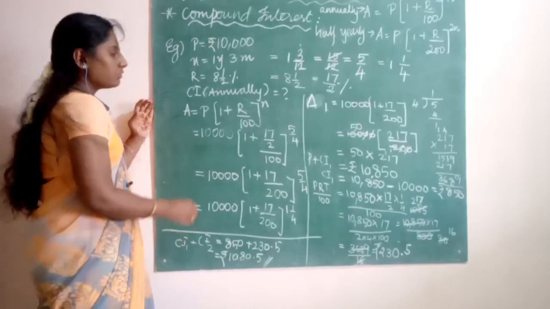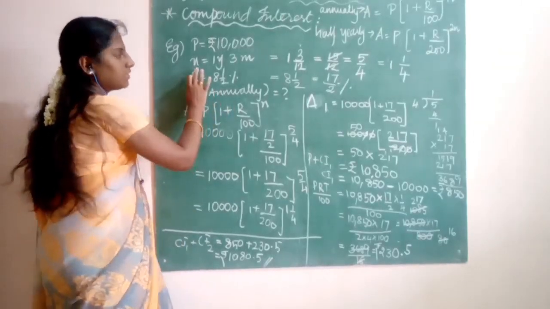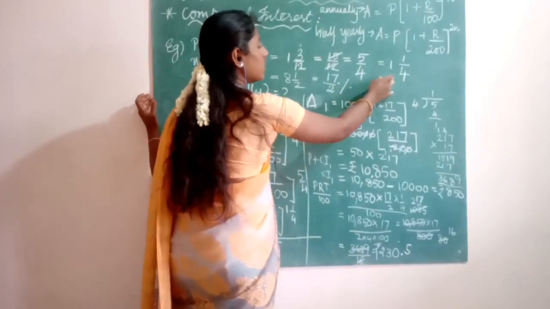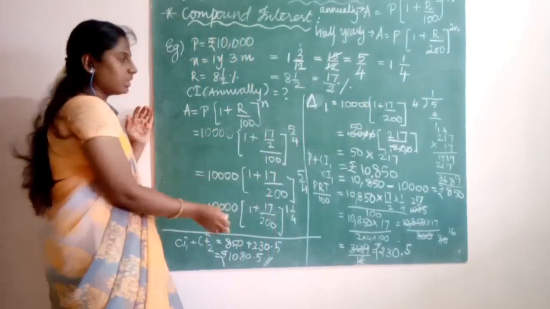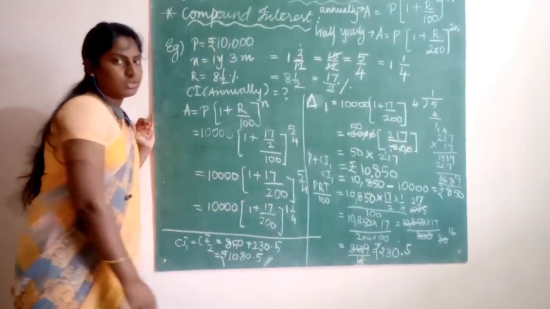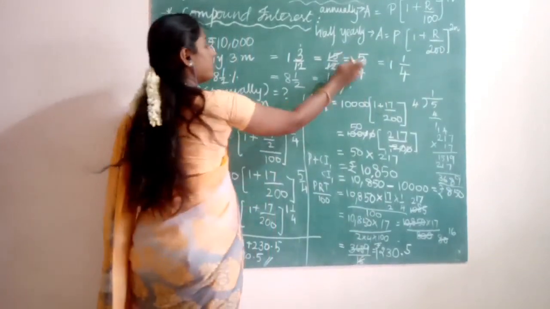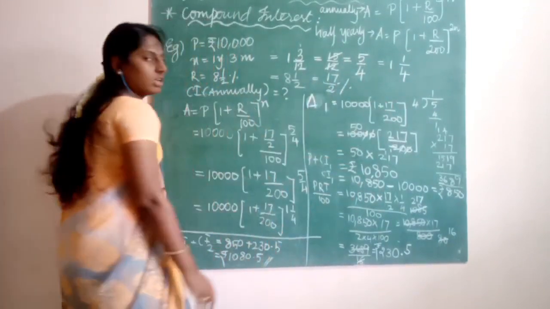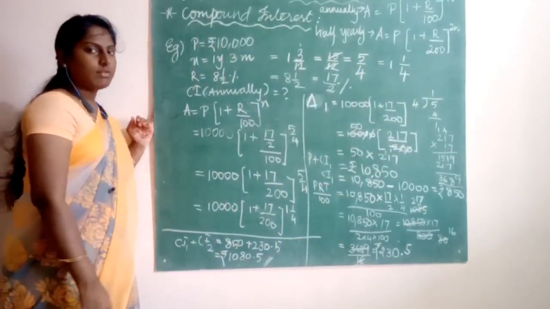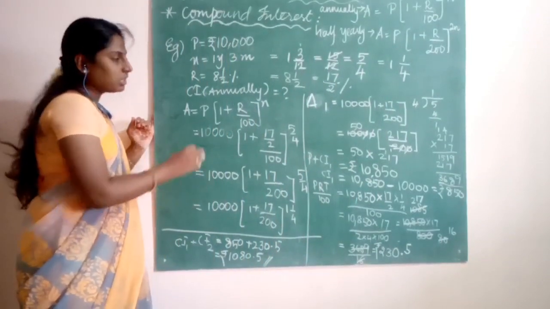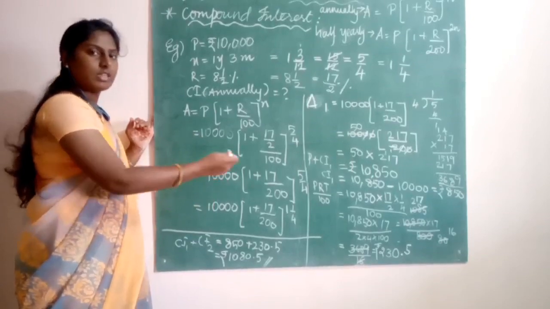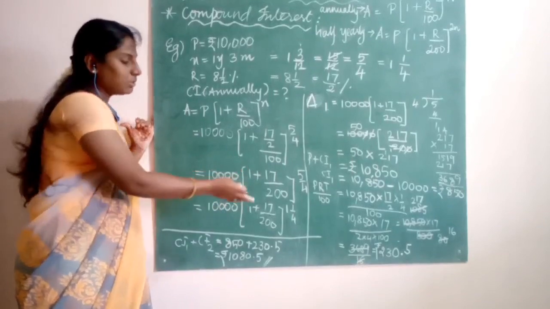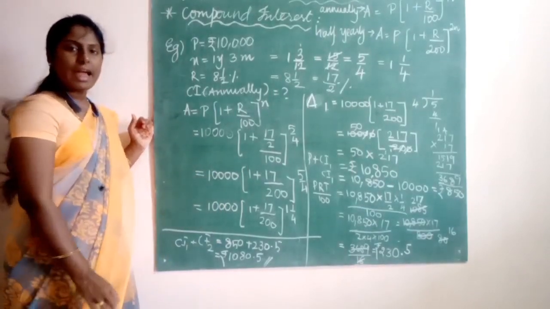So first, if the time period is given like this, you have to change it to a mixed fraction in the lowest form. Is it clear? Then you have to solve it accordingly. If you have it as an improper fraction like this, then you cannot solve. You should have it like 1 1/4 or 1 1/2. In such a way you have to deduce the formula so that you can first find it for 1 year, and then for the next 1/4 of a year, or next half of a year, you can use the SI formula, the simple interest formula, and then you can find the total interest by adding both the interests.